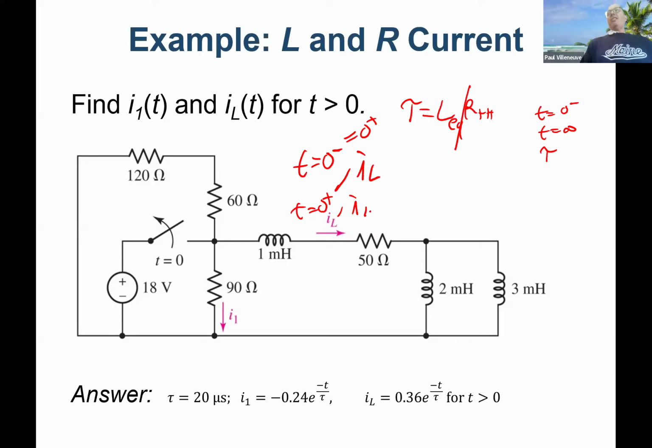And the reason I can solve for I1 only after the switch transition is because the current can change instantaneously in a resistor, but it can't in an inductor. So I had to solve for that 0 plus case just for the fact that I was doing it for the resistor. Once I have those two, then I can solve for the T equals infinity case for